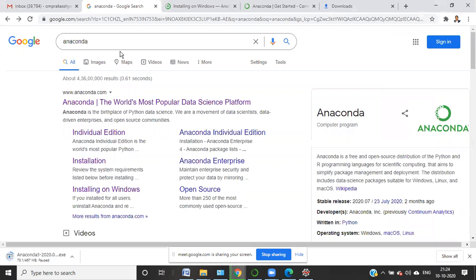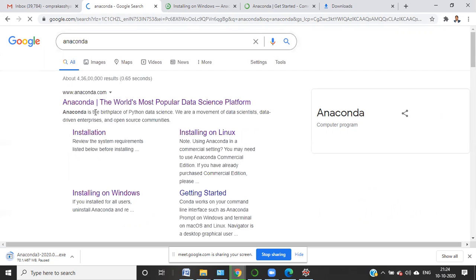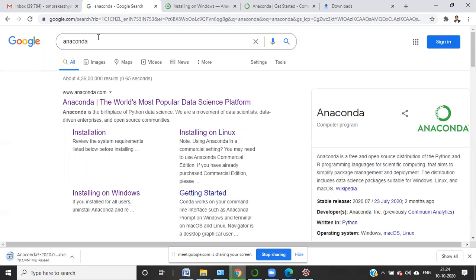Hello viewers. Today I am going to teach you how to install Anaconda software on Windows. What you have to do for that is just go to Google and type Anaconda in the search box and enter. This is very popular software. Once you search this, the very first link you'll get